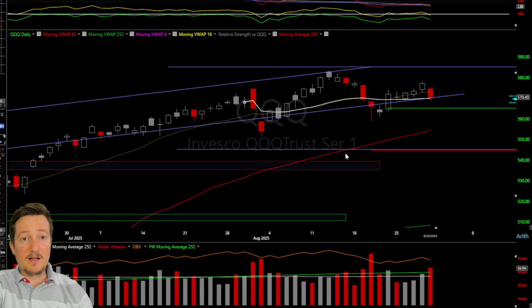And as you can see, I have some of these lines right here. Don't mind those lines. Those are because I'm short the Qs. I put a collar on, and I sold some credit spreads in the QQQ. So don't worry about those. But I think QQQ looks very vulnerable here going into next week.